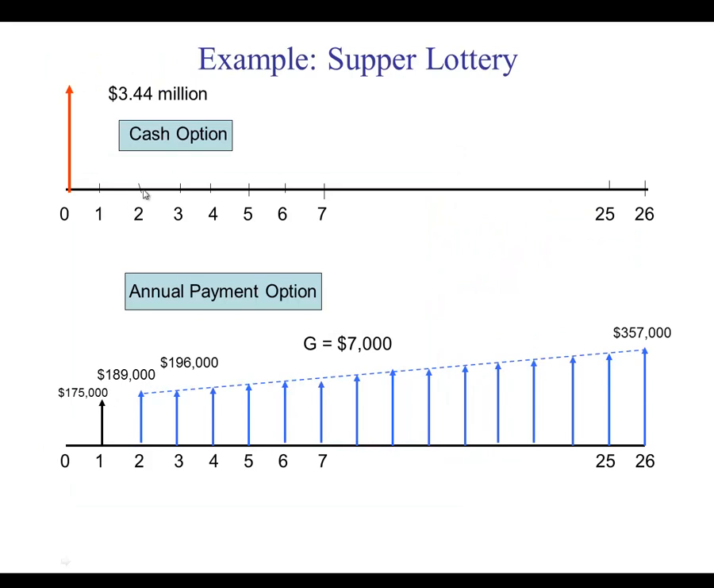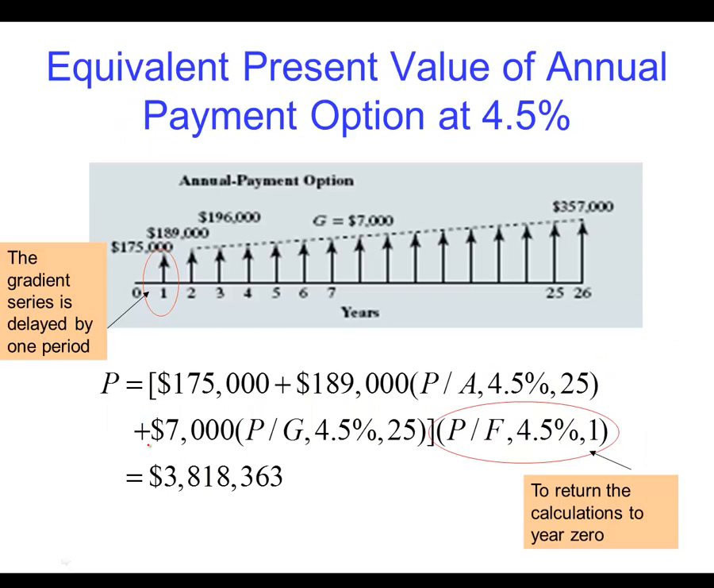Let's look at this example, and in this example we are looking at the option of taking the lump sum of a lottery at the present, or taking it over the years with annual payment and gradual increase of $7,000 every year. So G is equal to $7,000. If we look at that, we can find that we have equivalent payment or equal payment of $189,000 every year, but for the first year it's separate, which will be $175,000, and after that we can say that we have $189,000